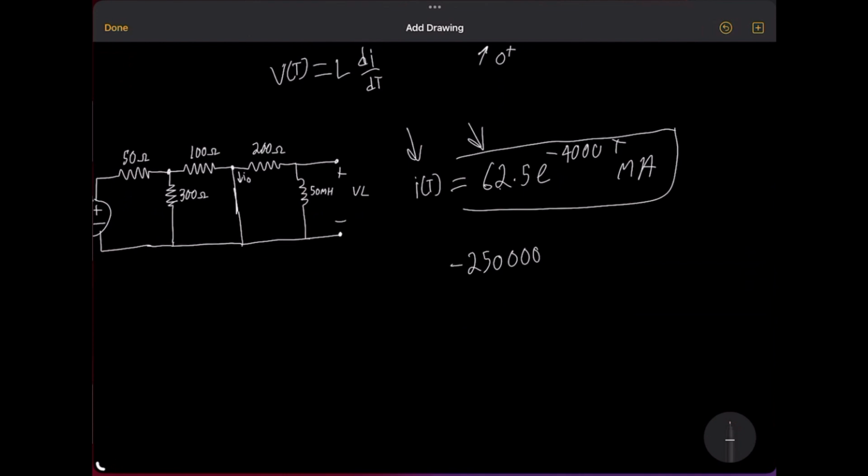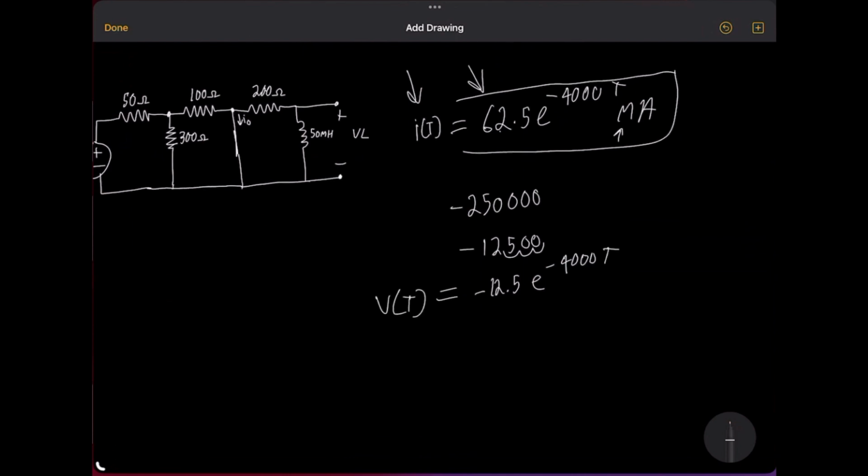So we're going to get negative 12,500. Now remember we had milli here, so we're going to go 1, 2, 3. So we're going to have negative 12.5 e to the negative 4,000 t is equal to voltage with respect to